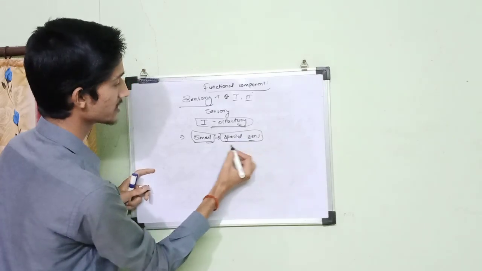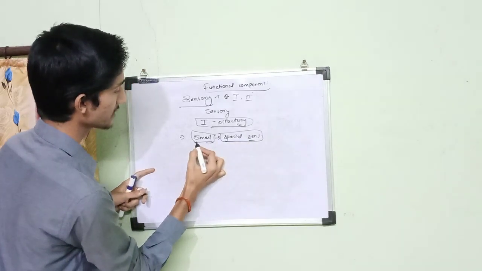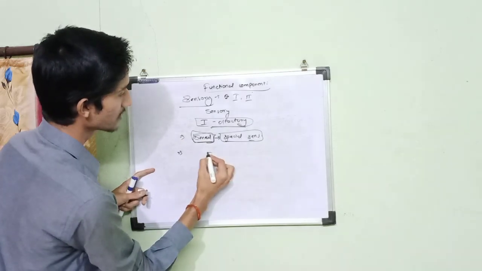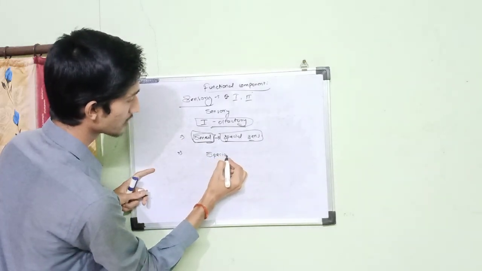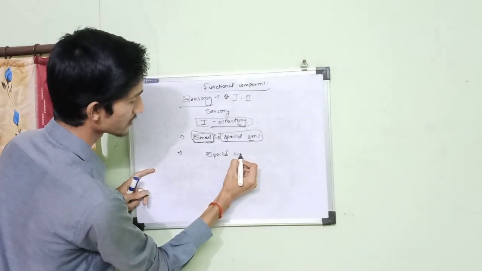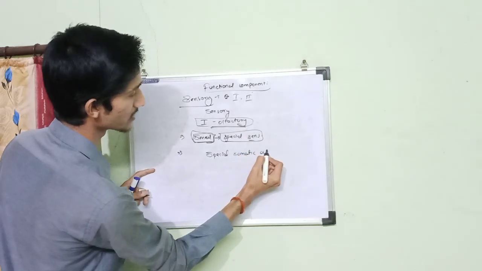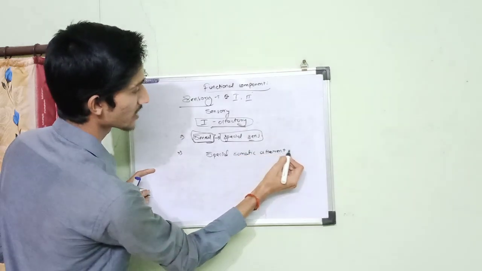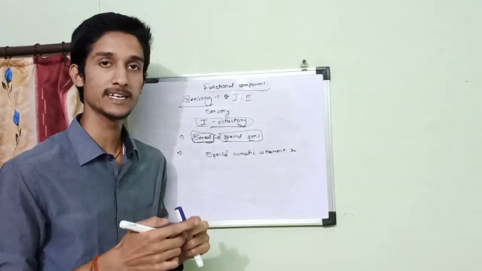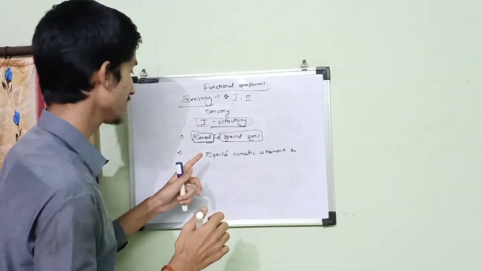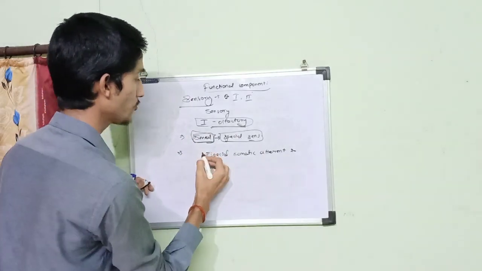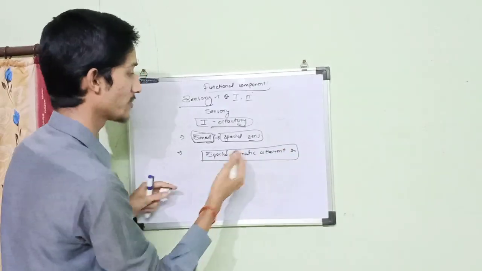Since it is a special sensation and it is carrying the sense of smell, it has the functional component of special somatic afferent fibers. It has only one function. The olfactory nerve has only one function, that is taking the message of smell. Therefore, it only has the functional component of special somatic afferent fibers.